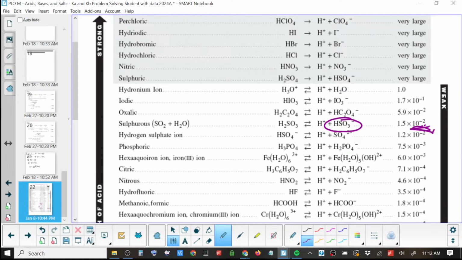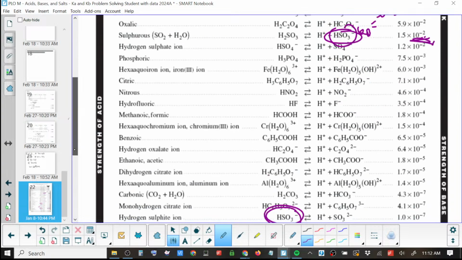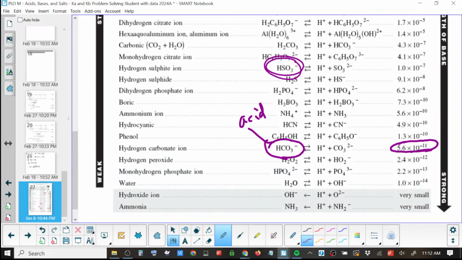In this case, how do you know that HSO3 minus is going to act like a base? So here we can say, okay, when it's acting as an acid, it's times 10 to the minus 2. As a base, the Kb is going to be somewhere around 10 to the minus 12. But how do we know what it's going to act like? You just compare them. Which is bigger, 10 to the minus 12 or 10 to the minus 7? It's probably going to act as an acid. Does that make sense? So you just compare the two values when you get to that point. And that's just if it's in water.